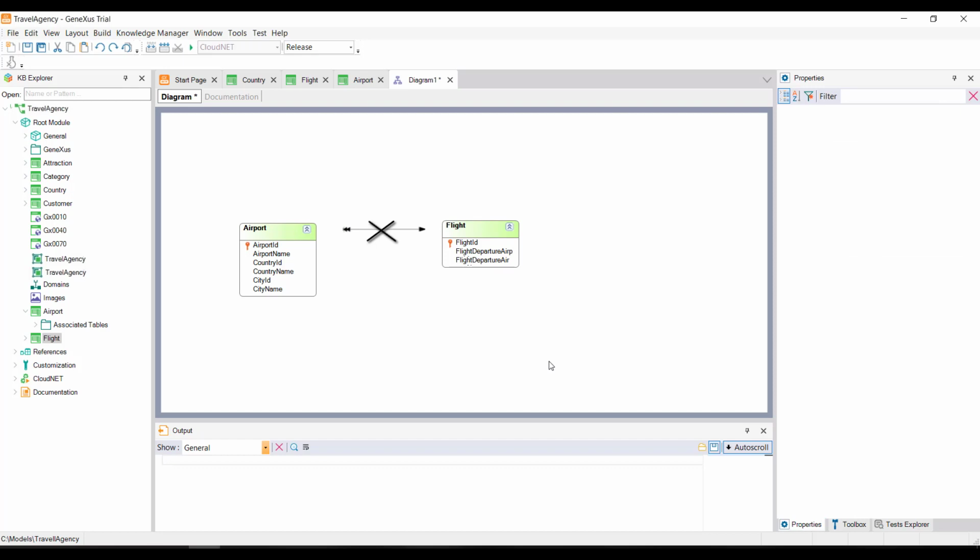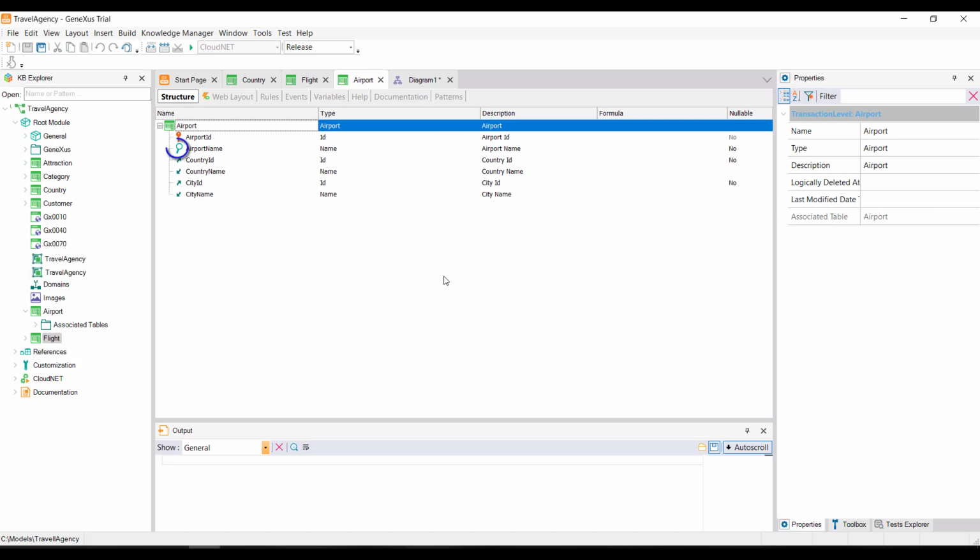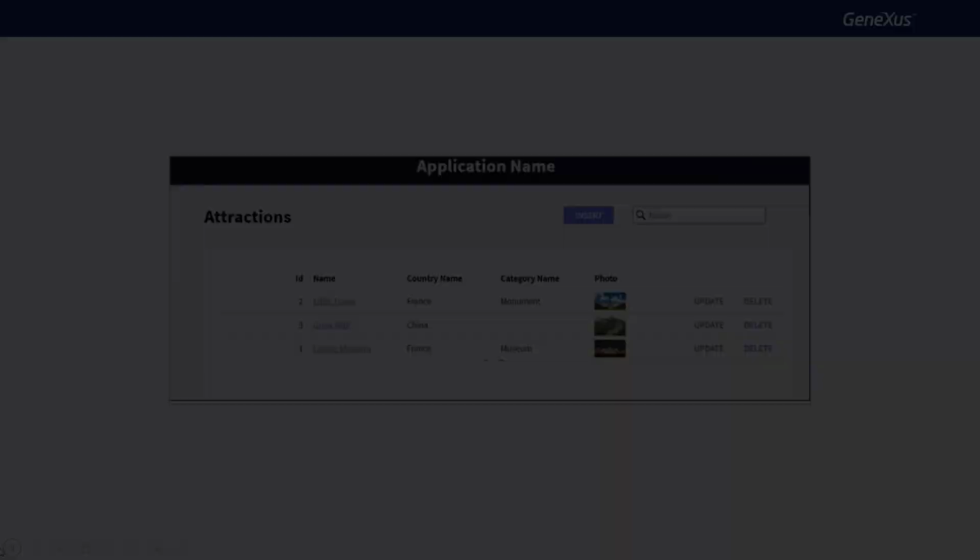Another way to consider this is to focus on the way in which Genexus shows the airport identifier attribute within the flight transaction. We can see that it's indicated with this symbol, which in the airport transaction is also an airport name. This symbol is indicating that the attribute is the one that best describes the airport in this case, or the flight in the other case. When we create a transaction structure, Genexus chooses, based on the attribute's data types, which attribute best describes the transaction, but the user can change it, or decide that there should be no attribute of this class.